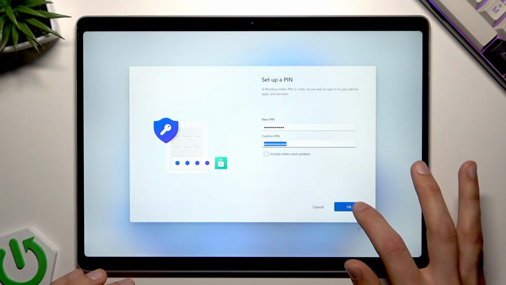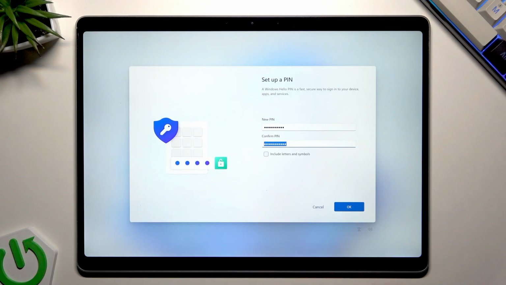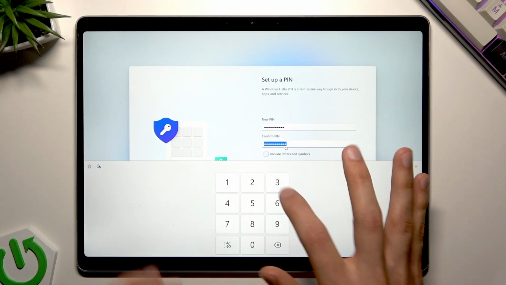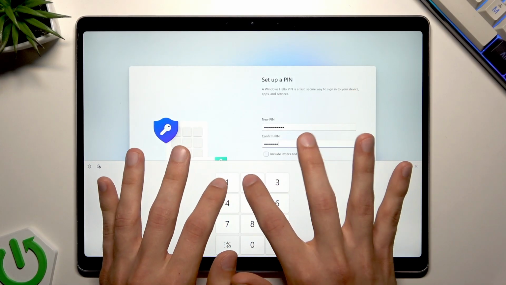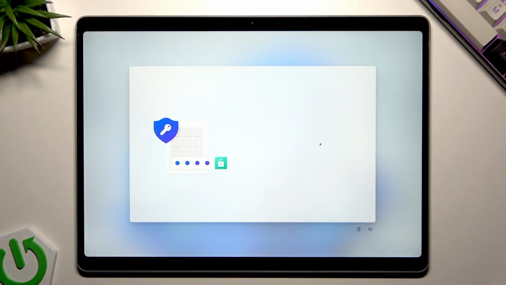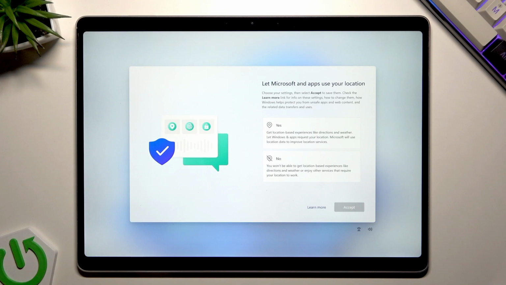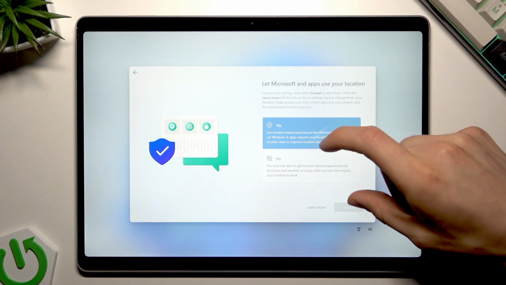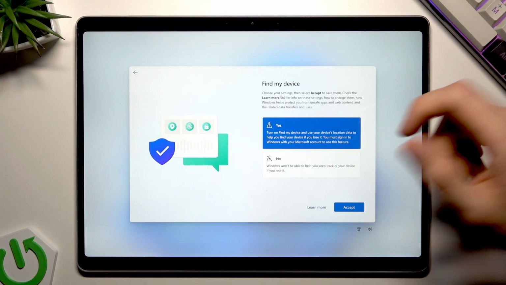Tap OK. And oops, they do not match. Tap OK and wait. Then choose whether you want to let Microsoft and apps use your location and tap accept. Then find my device feature